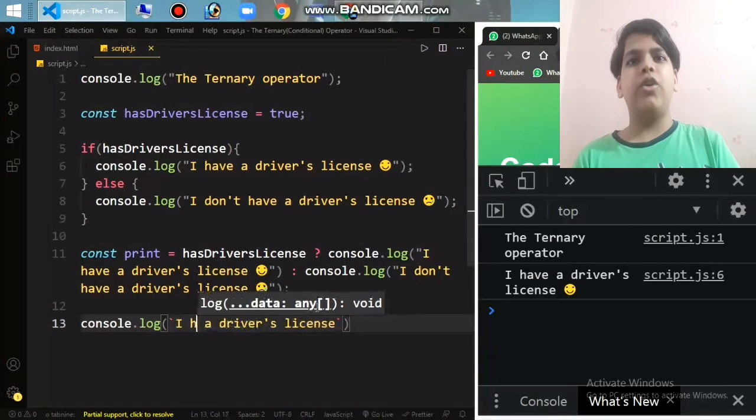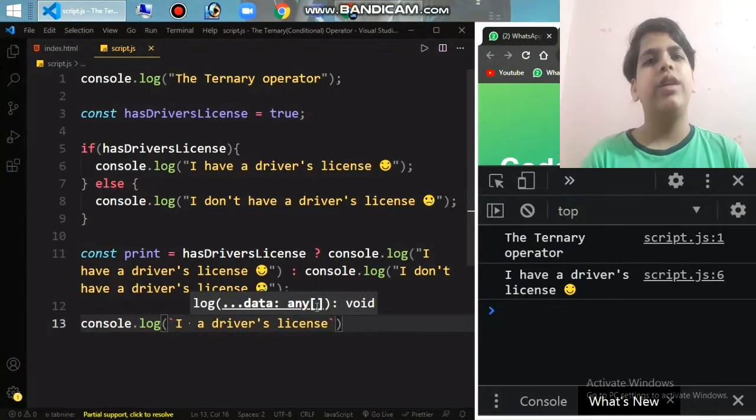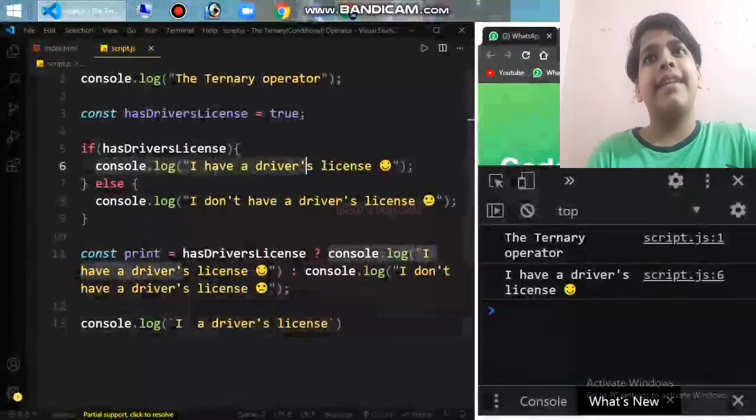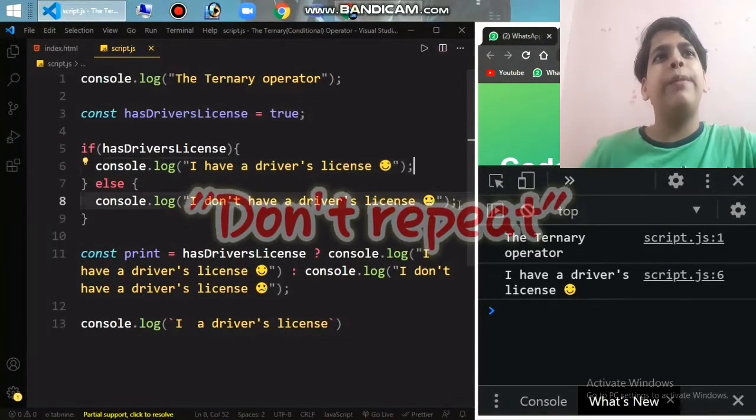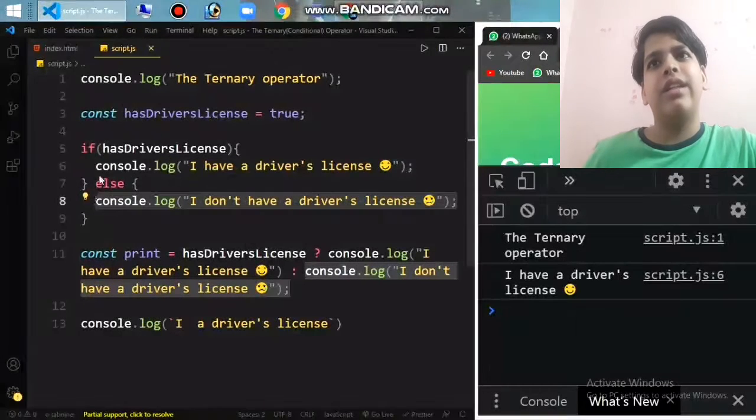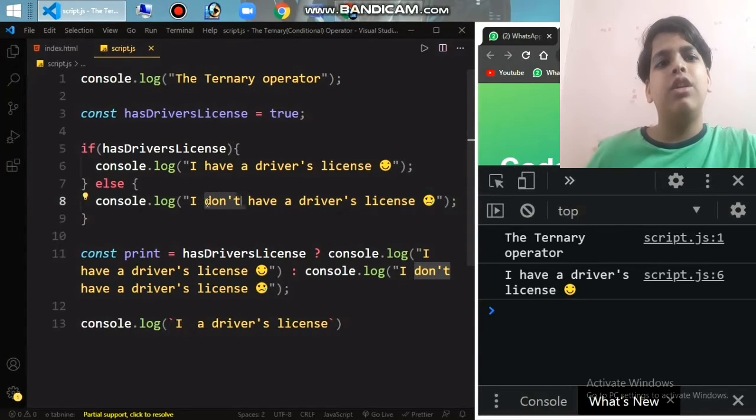Now what if I want to use a ternary operator here itself? Instead of printing the whole console.log, see, it is said in coding: don't repeat yourself. So what I'm doing is repeating myself like this. See, same to same, except this is the difference between this and this. So why am I repeating myself? I can just do console.log have or don't have.